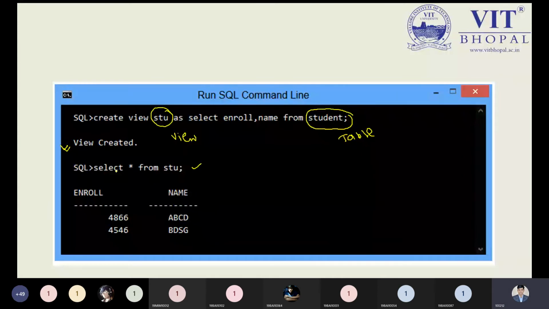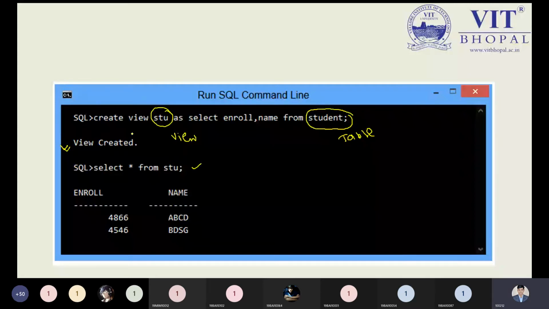Now, after creating the view, we have not inserted anything into the view. Without inserting anything, we are able to see the entire detail. It means all the information we are taking from the reference point. After creating the view, did we insert something? No, because we are getting the information on a reference basis. So of all the information contained in the student relation, we are getting only those rows which belong to our criteria. So this is the example.